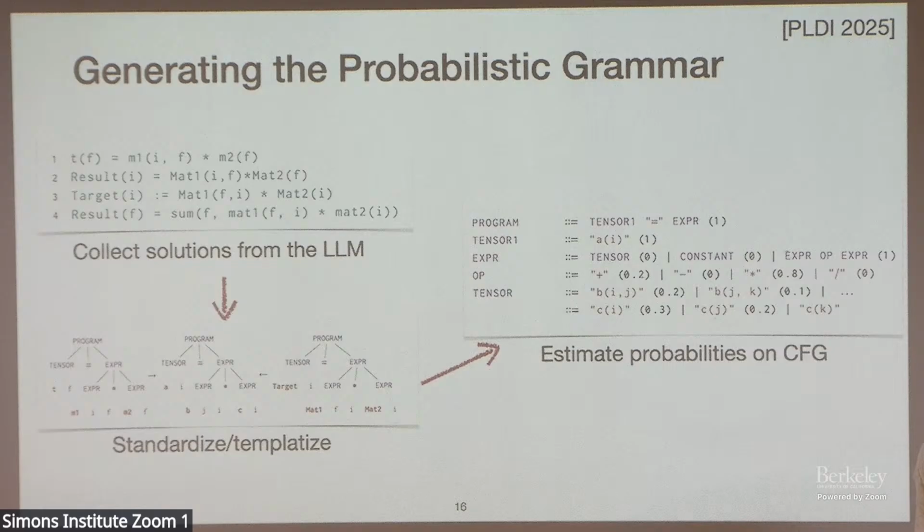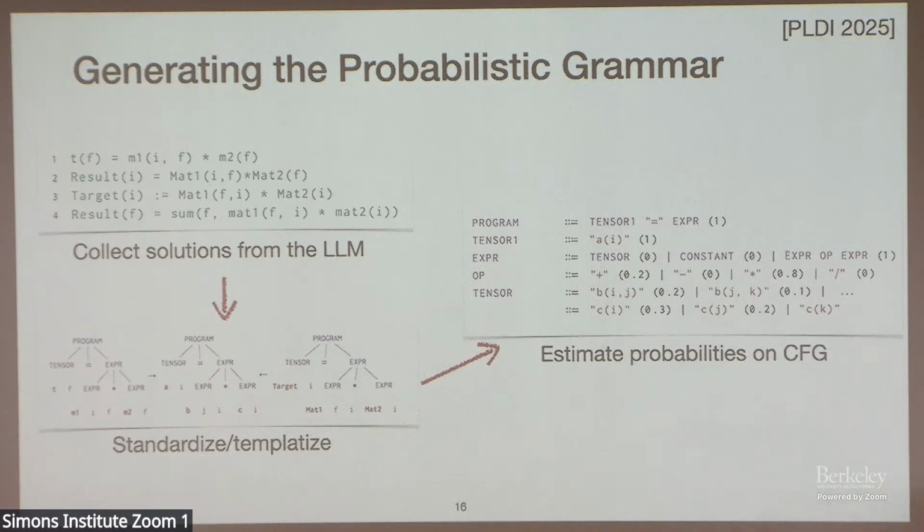What we then want to do is ask the language model for a number of solutions. I believe this number is approximately, I think we tried a few different values. We went with tens rather than hundreds, basically, because you start to lose any variation after you've got through to tens. So we collect a bunch of solutions.